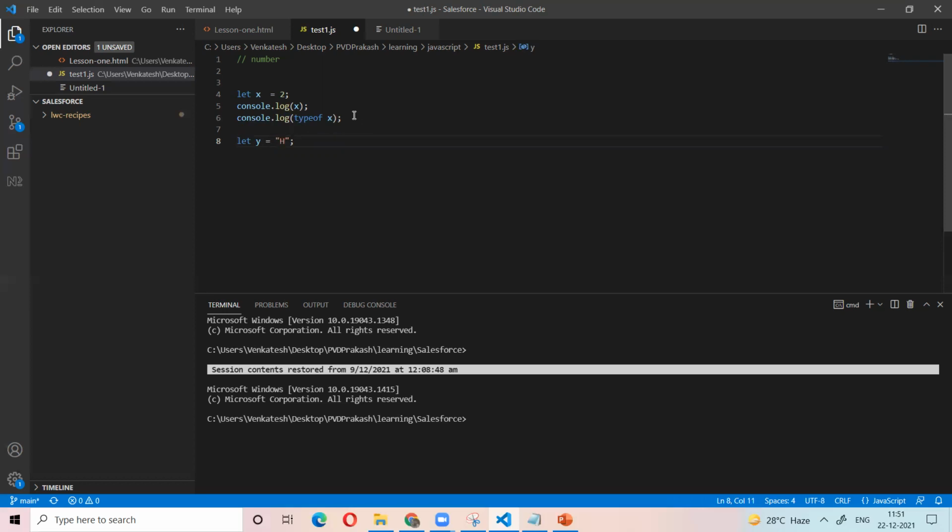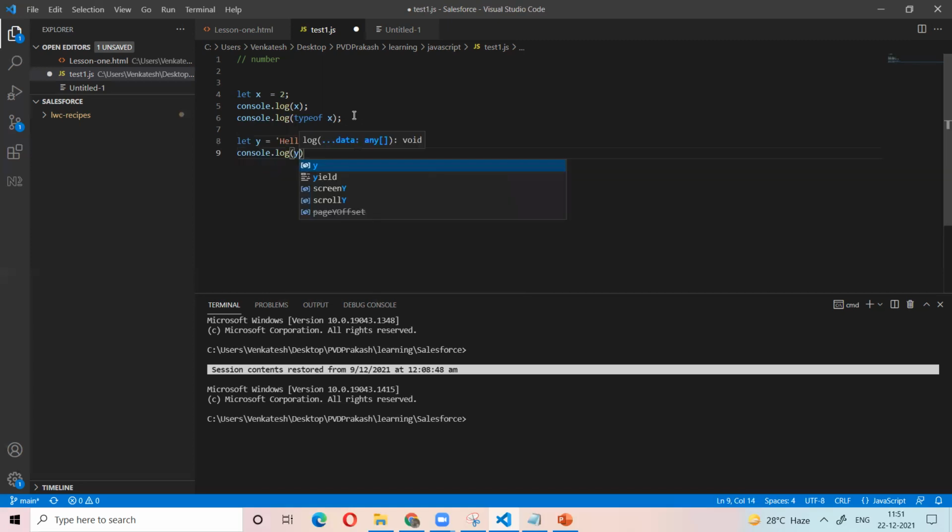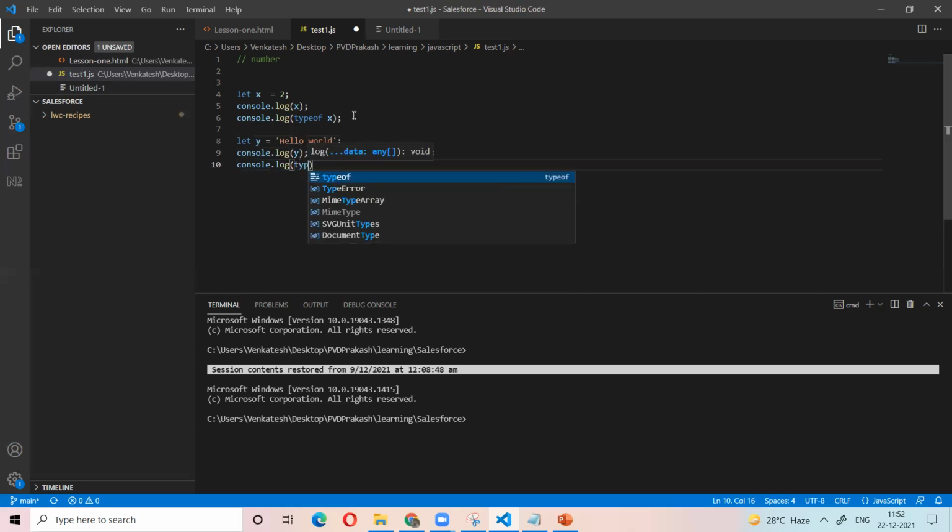If you put something between double quotes or single quotes, that is taken as a string. For example, hello world. Now tell me, what is the output of line 9?